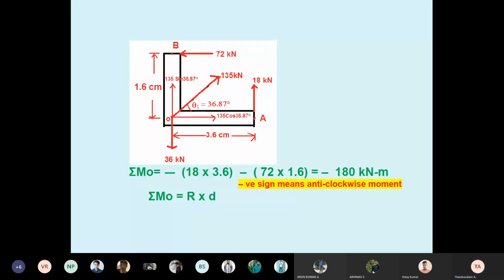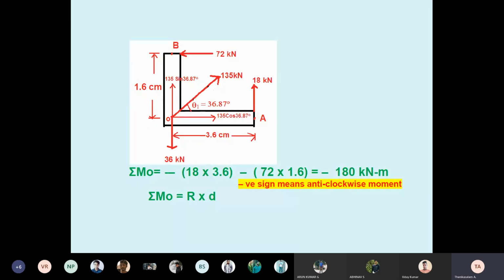This is the individual force moment. I told you there are two types of moment, clockwise moment and anti-clockwise moment. Students, before taking moment, you have to identify which forces give moment and which forces do not give moment. See, any force not perpendicular to the reference point does not give any moment. Or another way I can tell you, if a force goes to the reference point or starts from a reference point, it does not give any moment.